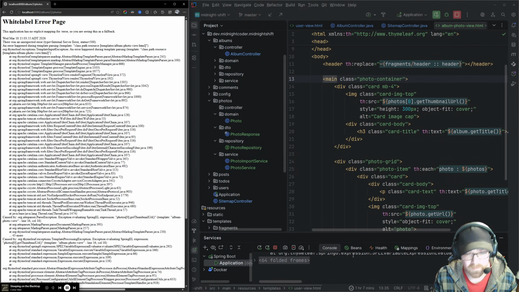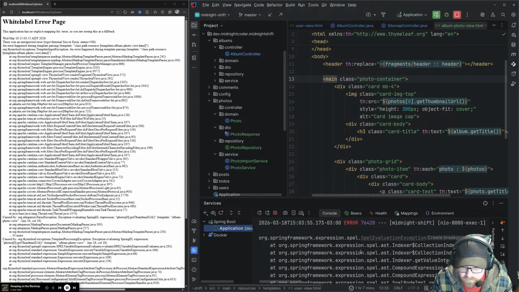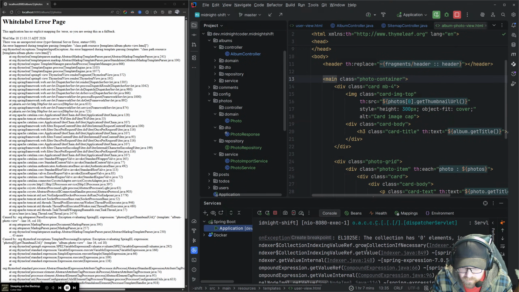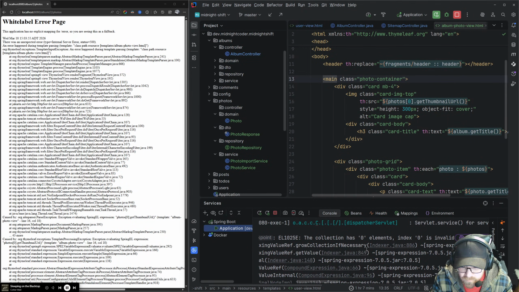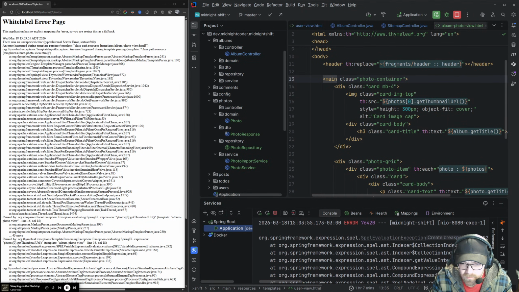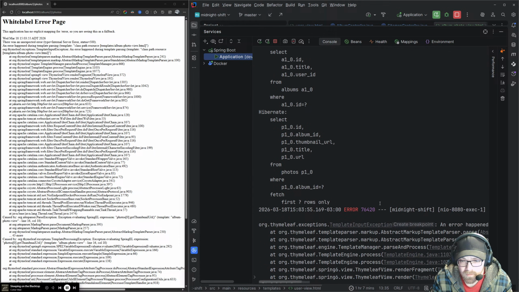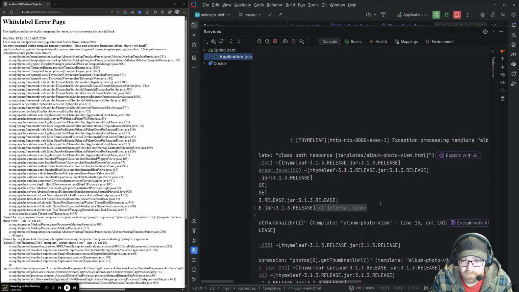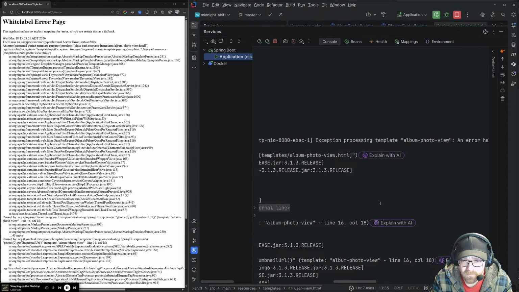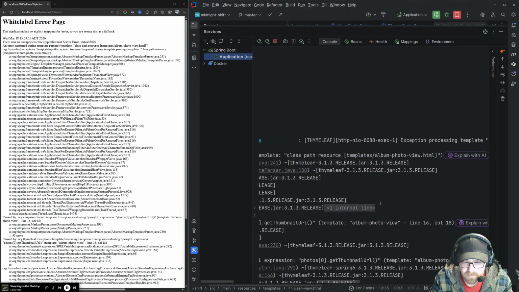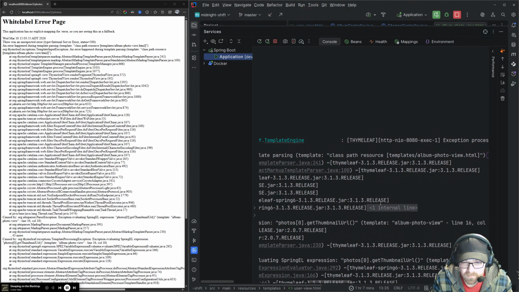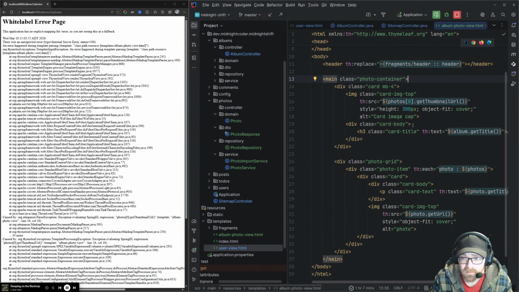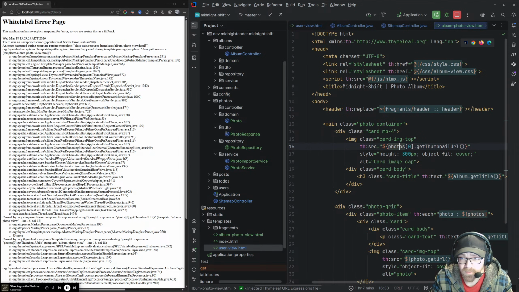What went wrong? 500 internal. Wait, what? What? Photos is?